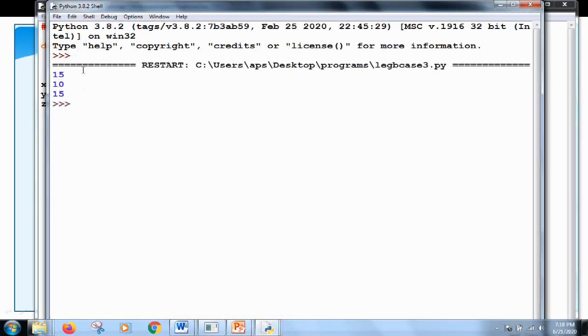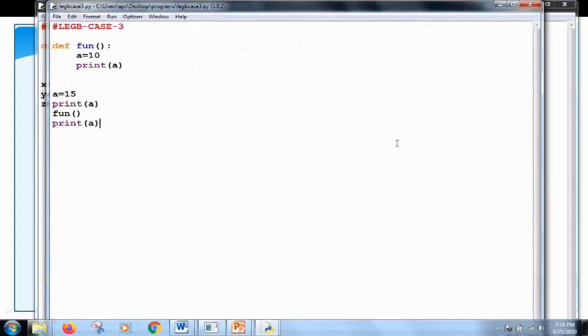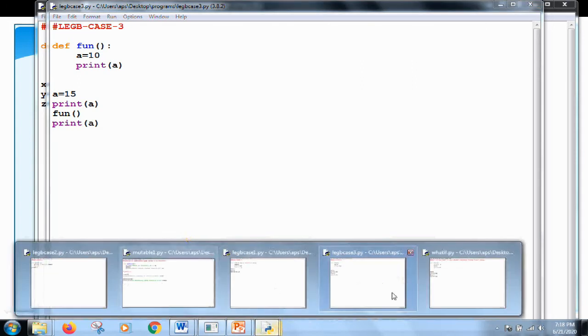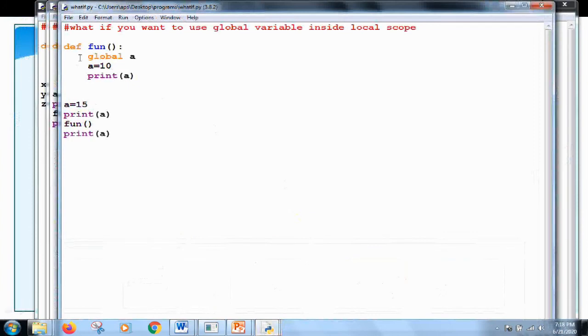Let us now suppose that we want to make a global variable available everywhere. For this, the global declaration statement is used. Let us try to show you a case where we are doing this. The global statement tells the function that the mentioned variable is to be used in the local environment. For example, in this case, if I want to access the global variable in this local environment, I have to write the keyword global here.